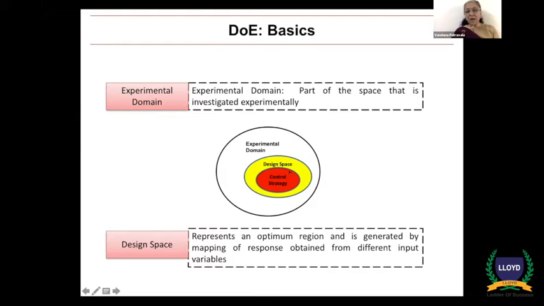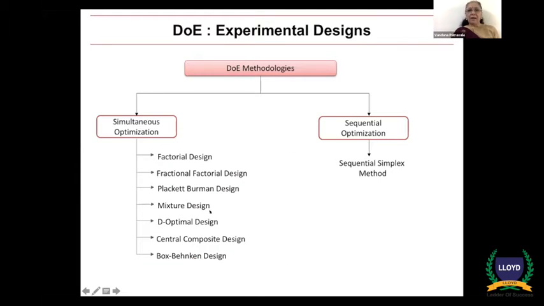And then you have a control strategy, which if you use every time, you will be within the design space. The methodologies which are used include simultaneous optimization method and sequential optimization method. Please keep in mind there are n number of these methodologies,